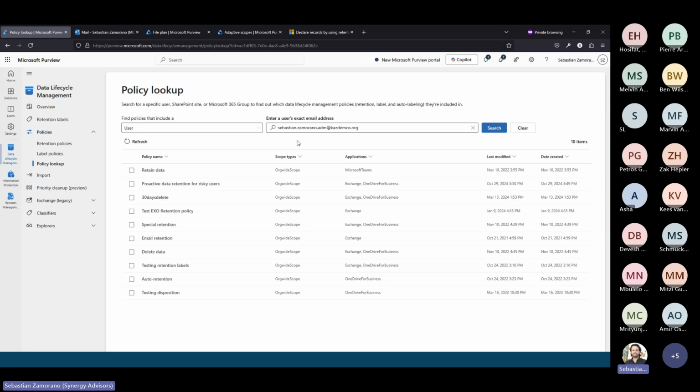Why is this important? We will view that in records management, but we can set some configurations to avoid deleting